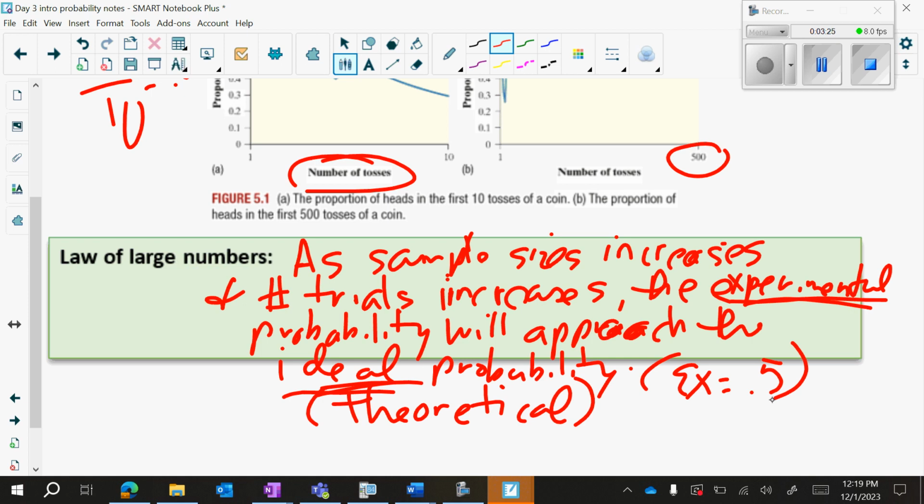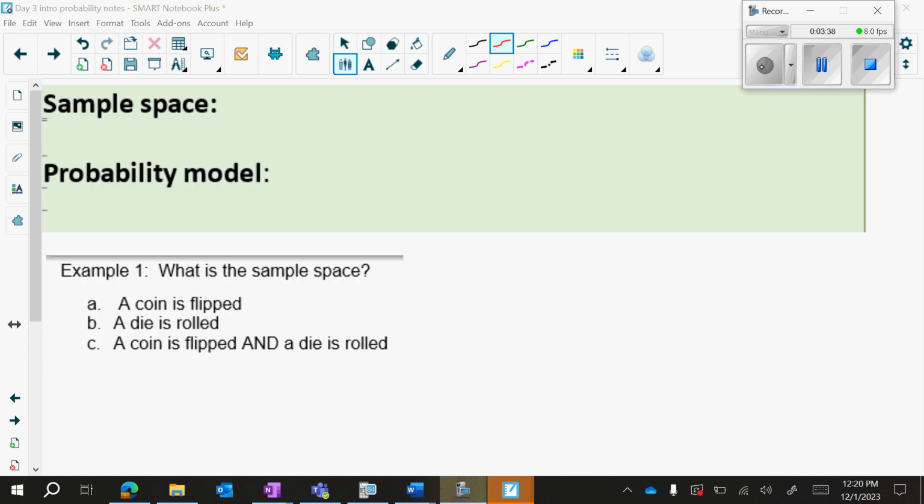So that's why we really want to do a large sample size, because if you have a small sample size, it could be an outlier or a fluke, but in the long run, it should be more and more ideal. So now let's talk about a sample space. A sample space is just a list of all the possible outcomes for an event. So if you look down below, it says, what is the sample space when a coin is flipped? When I flip a coin, the outcomes that I could possibly get are just heads and tails, okay? That's the list. I could get heads or I could get tails for a single coin.